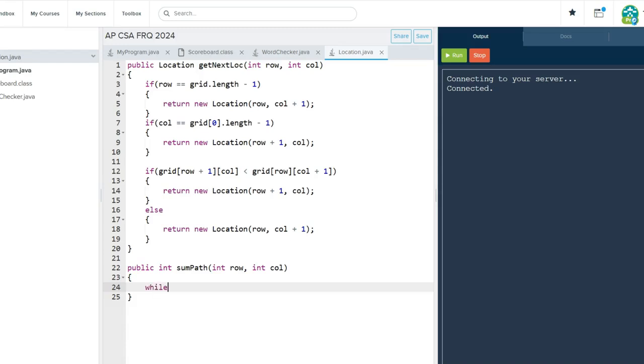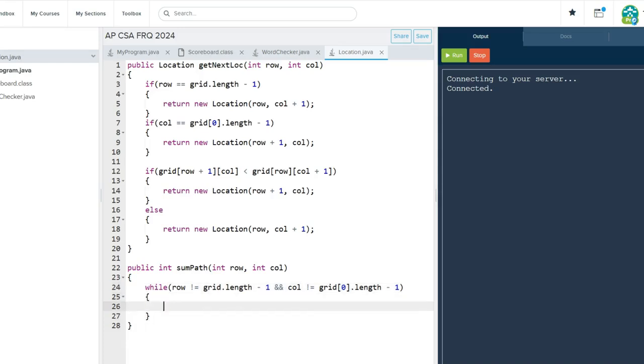Okay, while row does not equal, and I'm not going to mess this up again, grid.length - 1, and col does not equal grid[0].length - 1,